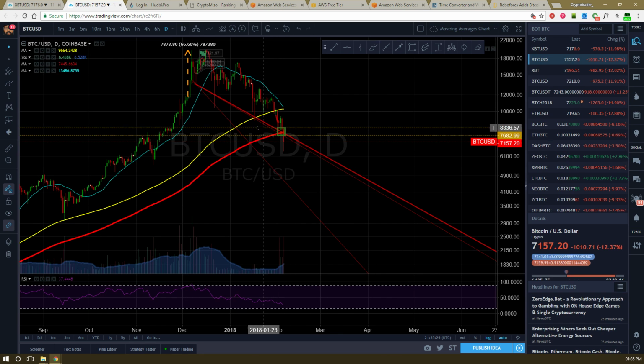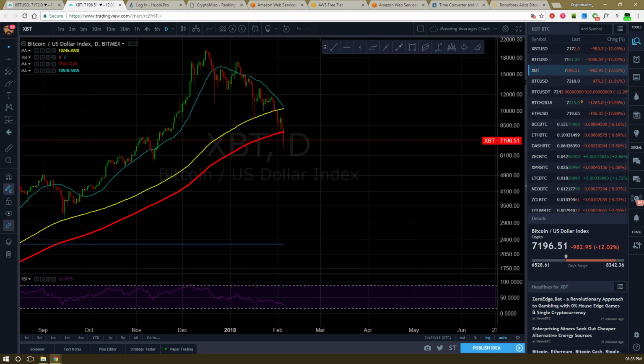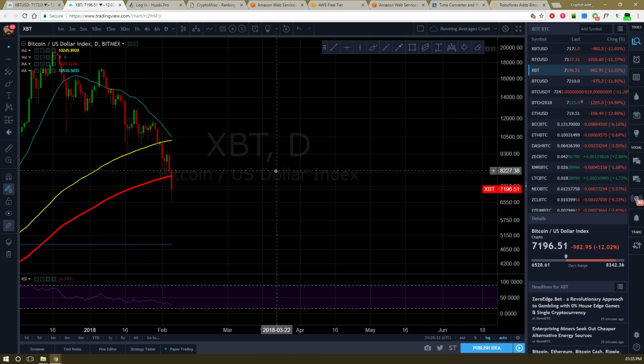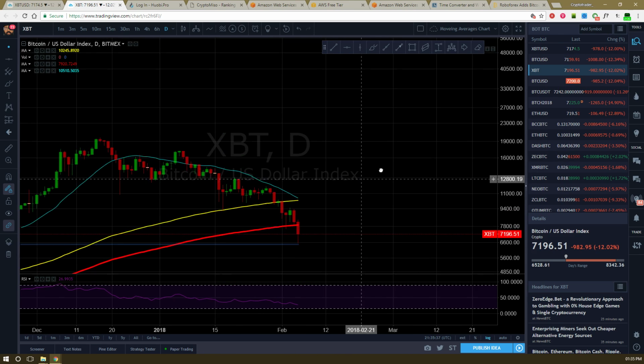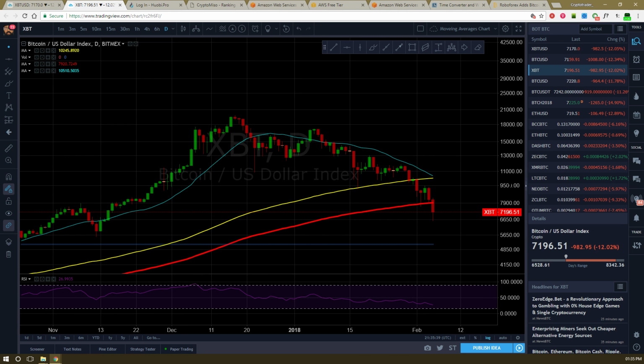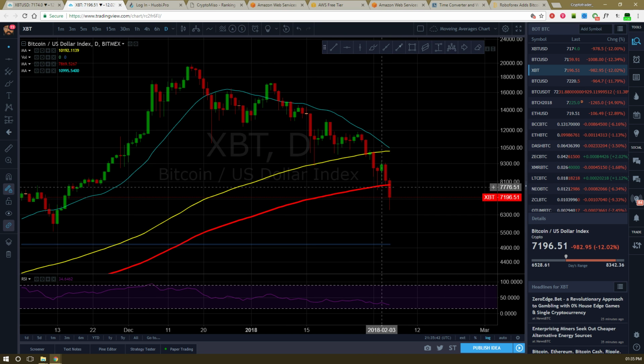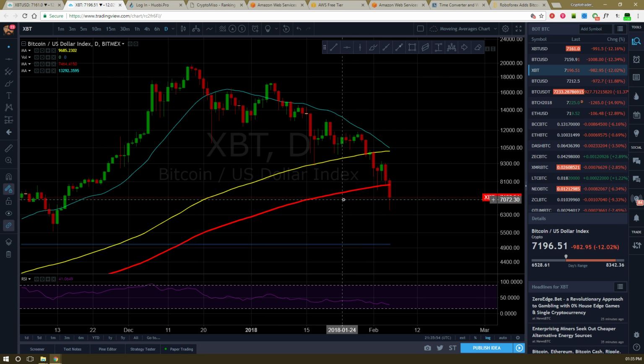Coinbase. This here is the index, which is basically an average of all the exchanges. They removed Bitfinex from the index. I don't know if you guys know that because you can't trust Bitfinex, but people are always looking at it for some reason. I have no idea. But even